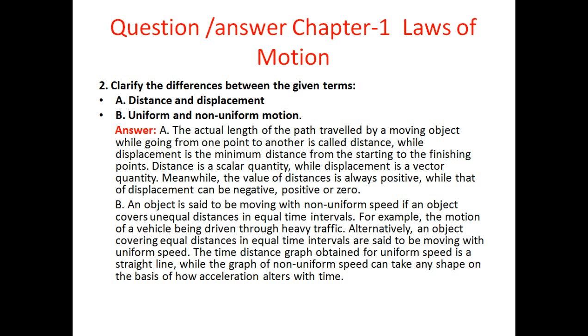So we have also discussed this many times: what is uniform and what is non-uniform motion. When the body is moving with a different velocity with respect to time, that is called non-uniform, while when the body is moving with a constant velocity with respect to time, that is called uniform velocity. That's all. Okay, so you can write more differences if you know, and in this also you can write in a tabular form. If you write in a tabular form, the answer will be more impactful. It is very easy to correct, and you can write lots of points there.